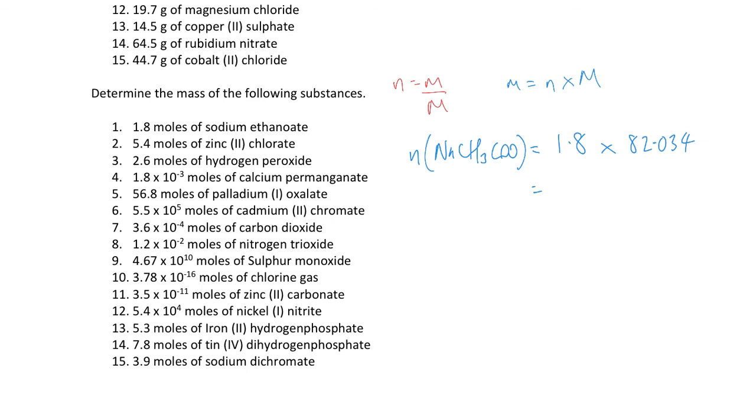And then times that by 1.8, and it's 147.66 grams, because I'm looking for mass, not number of moles. Okay? So that's the idea of the number of moles, the mass, and the number of particles. Okay? Again, try and do